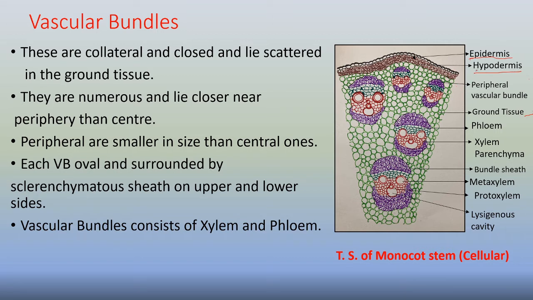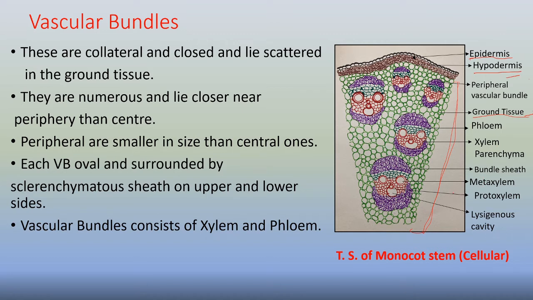And then after the hypodermal region there is the starting of the ground tissue. The green colored portion seen here is the ground tissue, and this ground tissue, as I have just explained, consists of parenchymatous cells. You can see they are oval in shape with intercellular spaces present in it. So, this complete tissue which is seen in green color is the ground tissue, which is the important characteristic of this monocot stem.